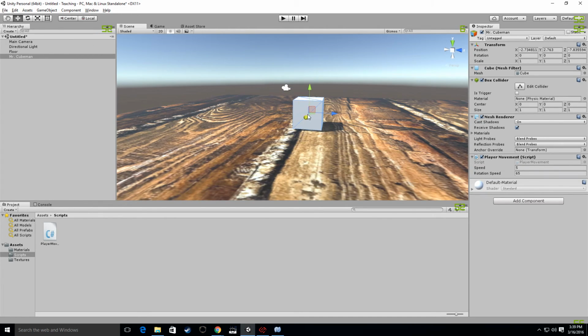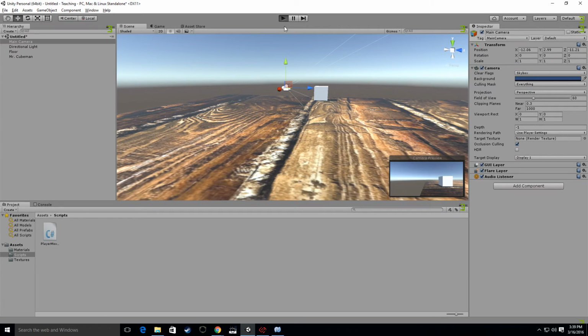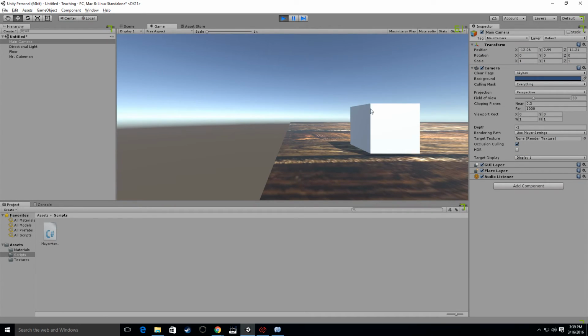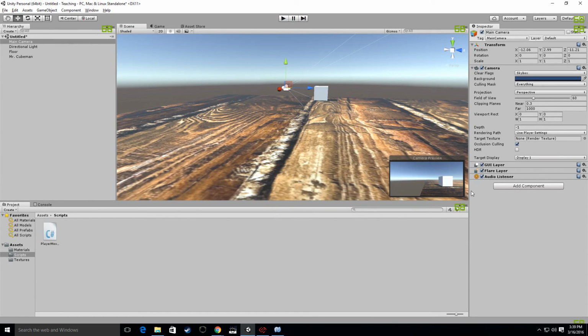And we're going to move Mr. Cube Man over here in front of the camera as well. Now I want to show you something here. So Mr. Cube Man, he's right here, and notice how when he goes off, he actually floats. Why is he floating? Because right now we don't have anything set to make him do anything else. So you could add in certain things like rigid body,